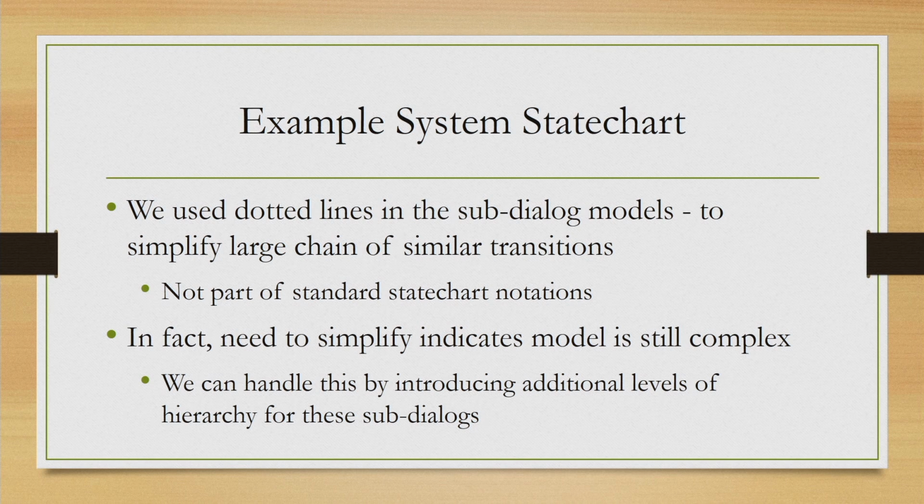As I said, since we have used dotted lines, that means we are still unable to show the entire system within a single page. So, there is possibly scope for more simplification by adding additional levels of hierarchy or additional levels of superstates. That is one advantage of using state chart: it allows us to represent hierarchy, but at the same time it allows us to specify the entry exit points in the hierarchy, which is not possible with hierarchical STNs. There is another advantage.